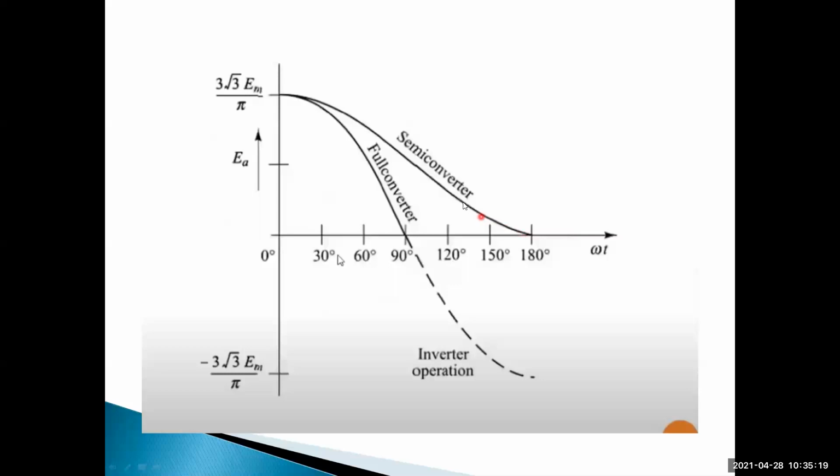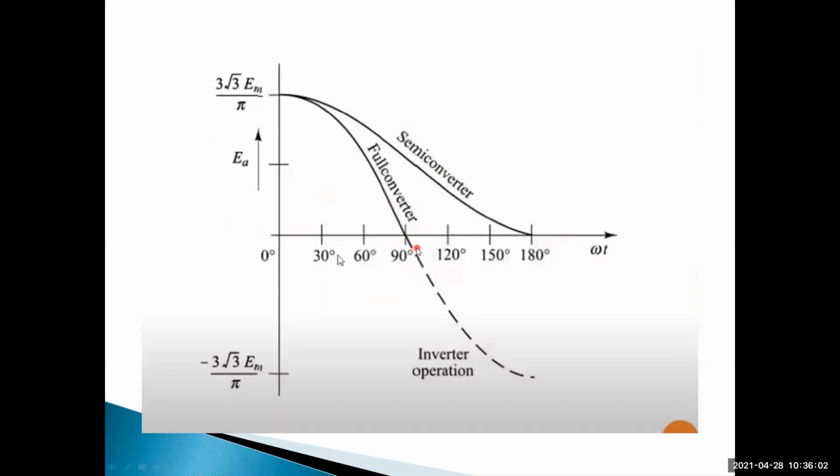That's why it has only positive output voltage for the semi converter. By increasing the firing angle, the output voltage decreases, and then the speed can be controlled. But in the full converter, this is the operating sequence. Up to 90 degrees it operates as a motoring mode, and when you change omega t above 90 degrees, that means pi by 6 plus alpha, up to pi by 6 plus alpha, 90 plus 30 degrees, 60 plus 90 degrees.